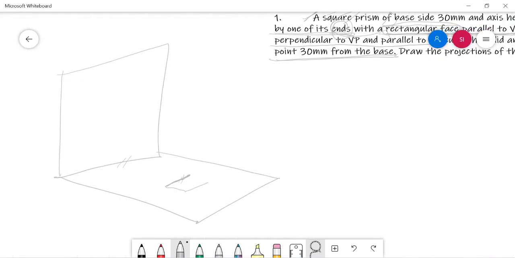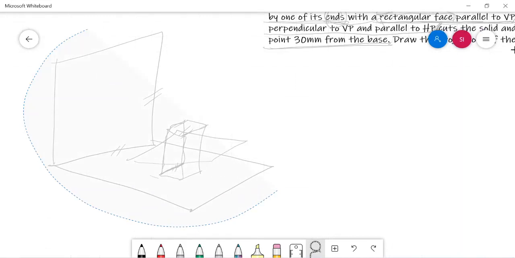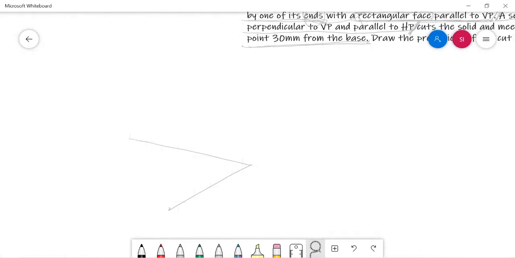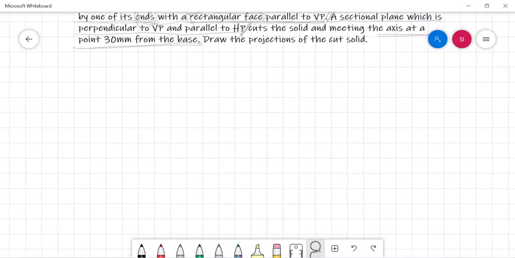Then automatically the containing rectangular face will become parallel to the VP. In this way we have to draw and complete the solid. After that, with the given cutting plane, we can cut the solid. Let's go and solve the problem. As usual, we start our work by drawing the XY line.